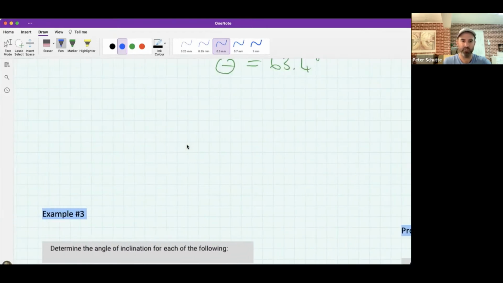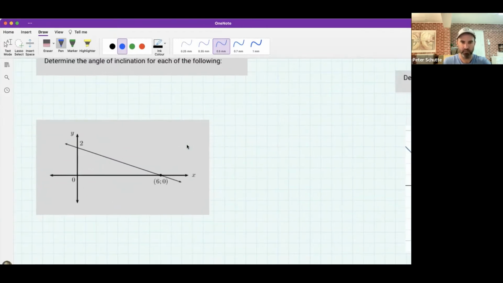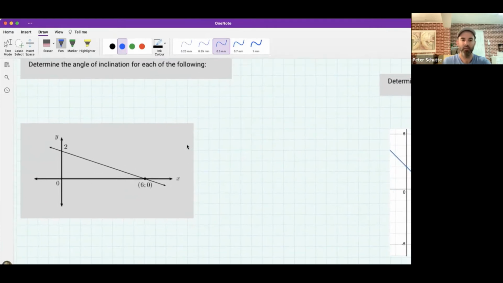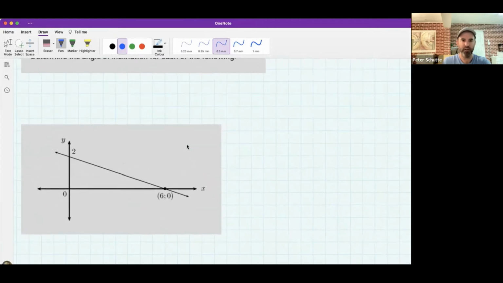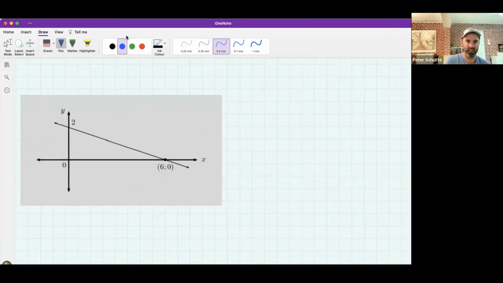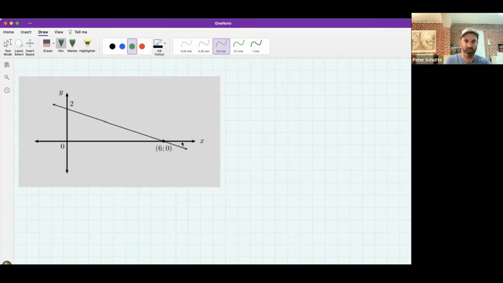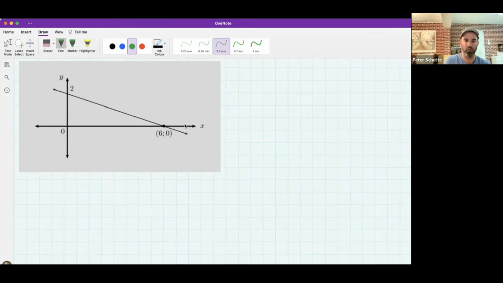Okay, so let's go to a different scenario. Let's go to example number 3. Well done, guys. Well done, yeah. So if I want to work out the angle of inclination here, there's actually a slight catch, guys. There's a slight catch. So I'm going to do this one with you, and I'll show you how to do it. And there's 2 methods, but I want you to just notice